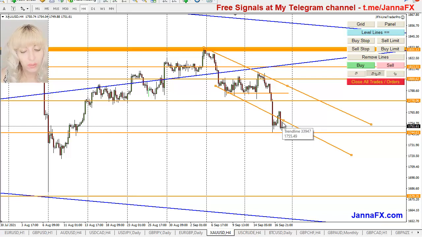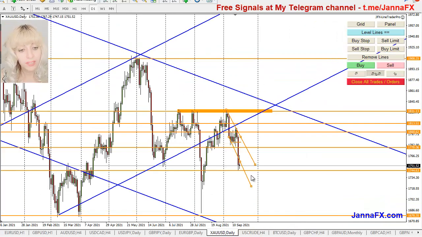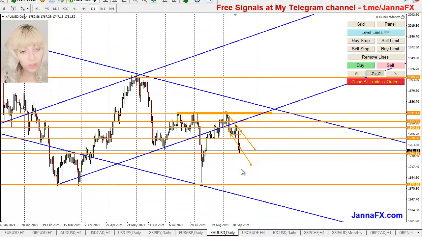But like you see, of course, possible correction, but at the same time it can continue the way down. And what can happen once again, with the opening of the market, it might continue the way down straight away, but it can stop anywhere it wants. You see, we had this week, I told you it will go and try to fill in, and it's quite possible that this time it might go and fill in. At the same time, it's not guaranteed. It might still turn around, okay? It might still turn around. This is just fooling everyone.